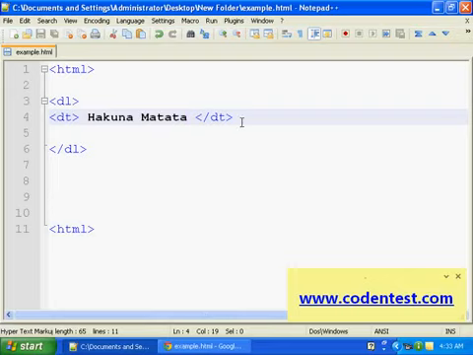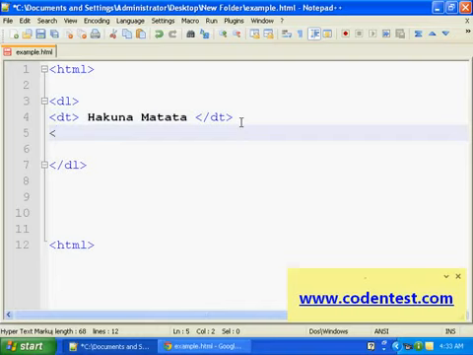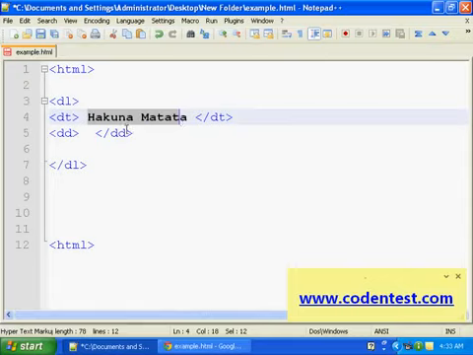Now we use DD tag for the definition of that term. Hakuna Matata is our term, and the meaning of that term is no worries.